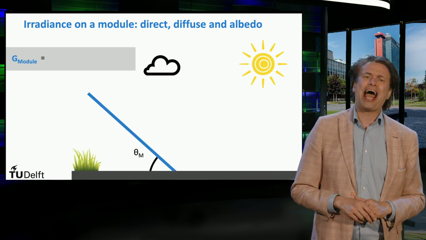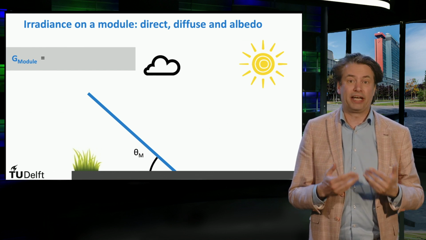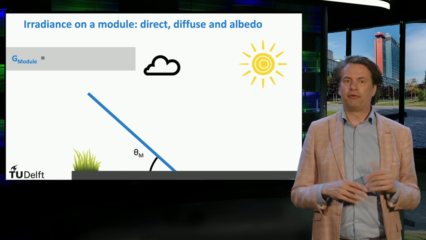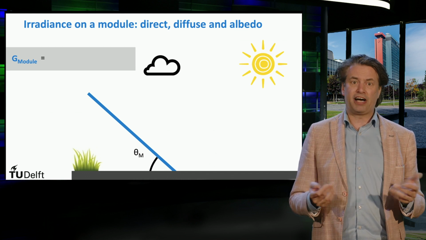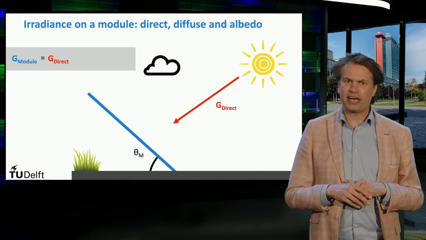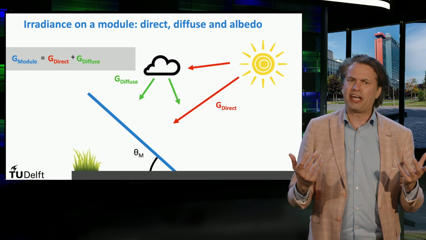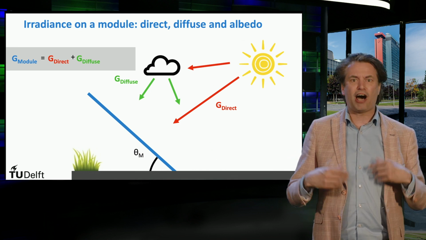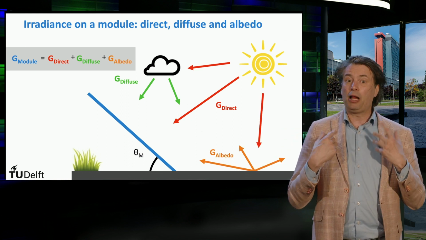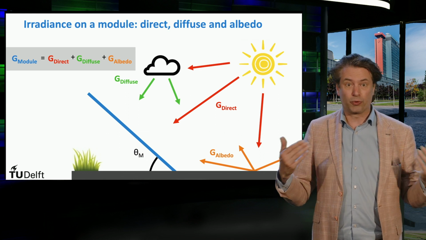Let's have a look at the system that we would like to optimize. Here we have a solar module mounted on a plane, tilted at a certain angle theta m. The irradiance that is incident on the module can be divided into three components. The direct irradiance is directly incident on the module. The diffuse irradiance is the solar radiation that reaches the module surface after being scattered by the molecules in the atmosphere. Finally, the albedo is the part of irradiance that reaches the module after reflection by the ground or objects